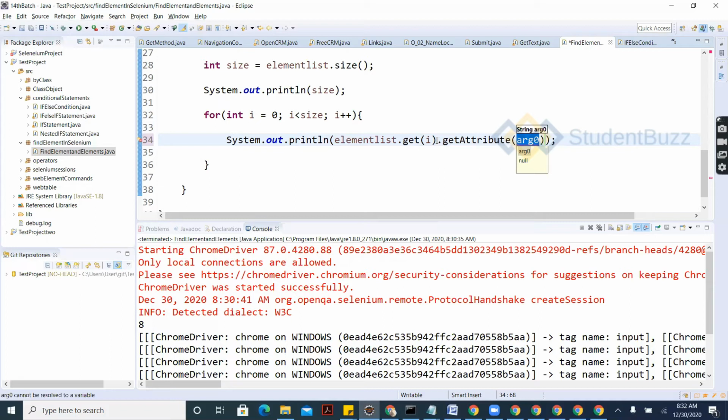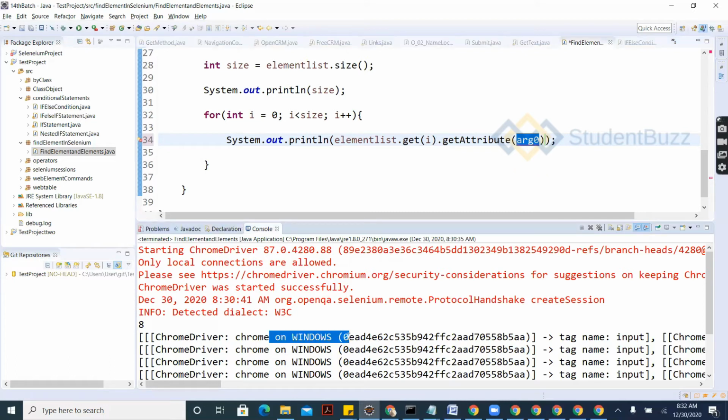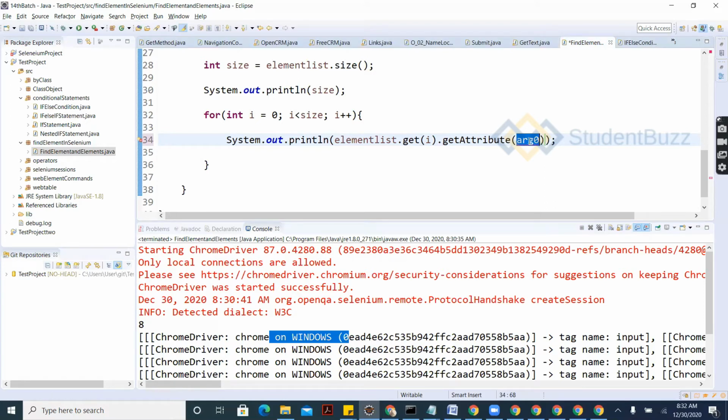Get attribute of all input tags. Whatever element has the input tag, for those tags, these are all, right? I want to get this name attribute. Okay, the name attribute, like we did on top.